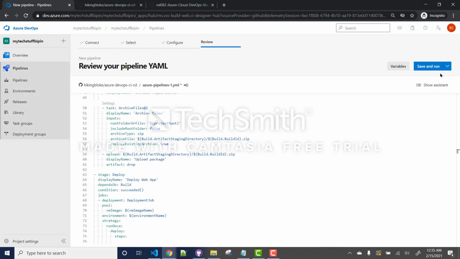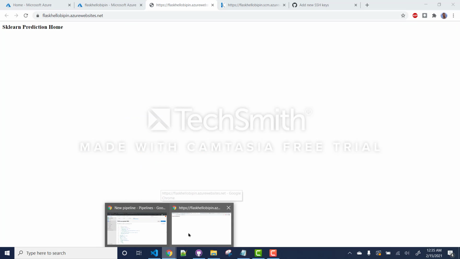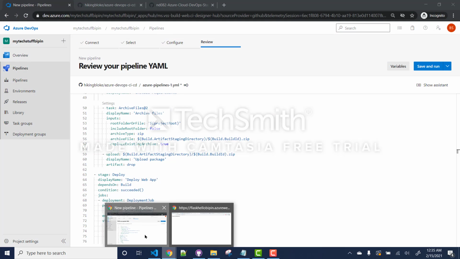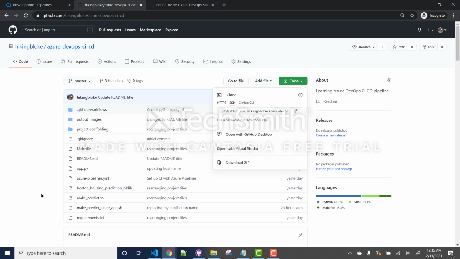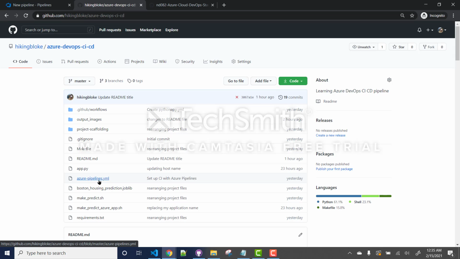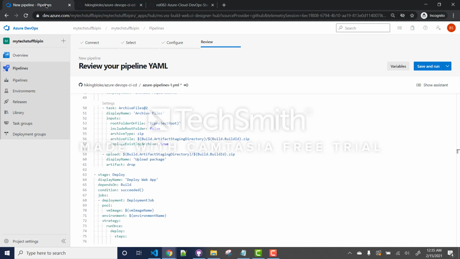And then you can say save and run. I've already done this. It creates a YAML file in your GitHub repository, azure-pipelines.yaml. So I've already done this, so I'm going to skip this one.